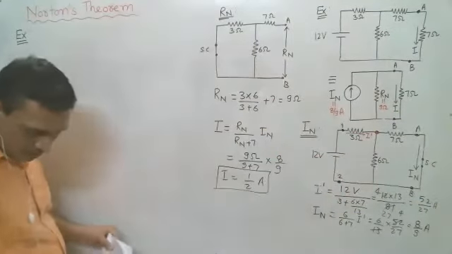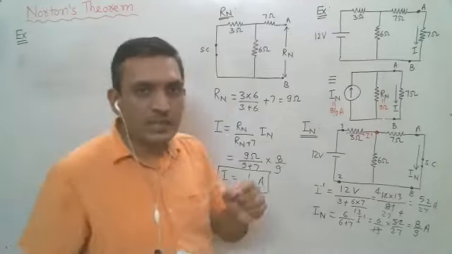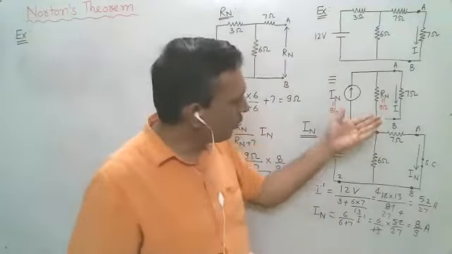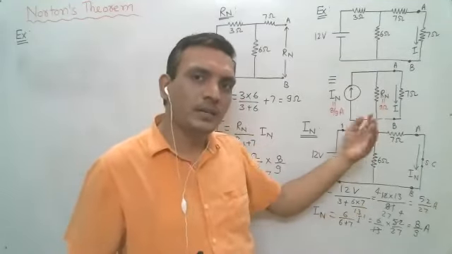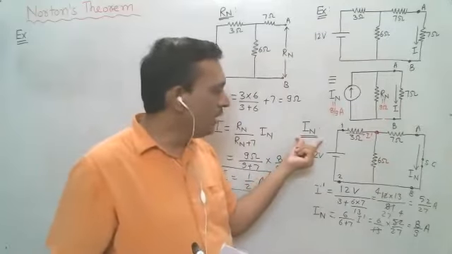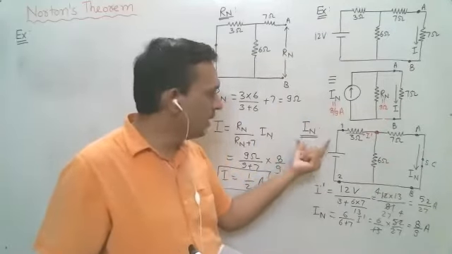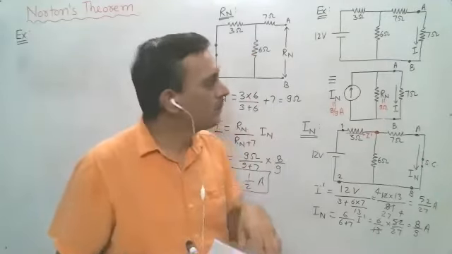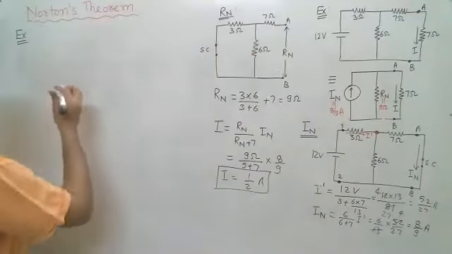Okay. So first you have to see the definition for IN and RN. If you know the definition, according to the definition, draw the equivalent circuit, you will get IN and RN. In each case, I have drawn the equivalent for VTH and RTH. Now in this case, IN and RN. Use the same definition. Definition is important. Next example.